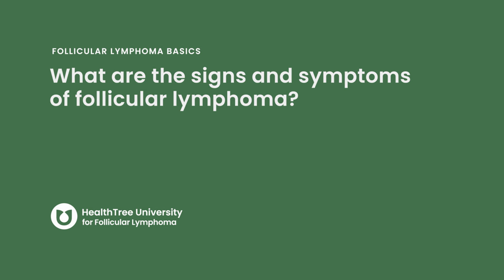What are the signs and symptoms of follicular lymphoma? So again, most of the time patients are non-symptomatic, and the way we realize that they have lymphoma is accidentally. If they do get to the point where they have symptoms, some of them may have what we call constitutional